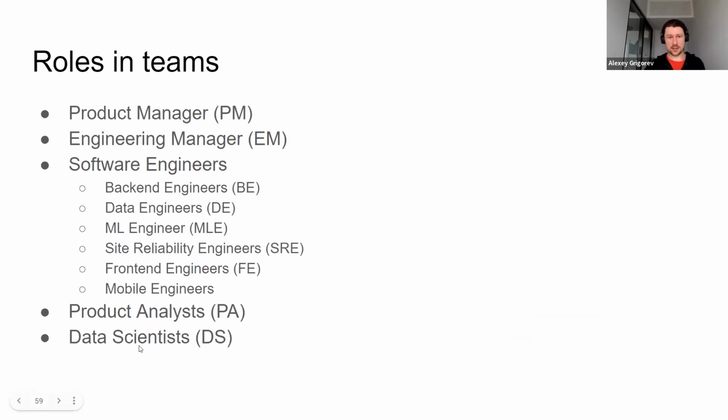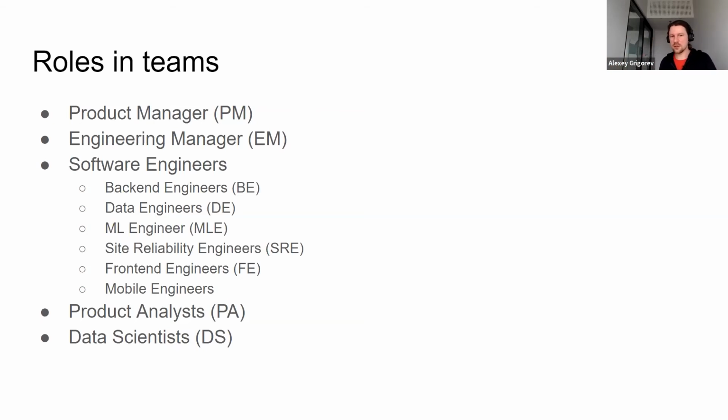Actually, I have data scientists here as the last ones, because they're by far not the most important people in the team, of course, but I started with them because we're talking about data science here. In my opinion, the most important person on the team is a product manager. They make sure that the team is working on solving the right problem. Sometimes engineers, data scientists, everyone, if you just let them do their things, will try to solve problems that do not exist, simply because these are the fun problems to solve, right? The job of a product manager is to make sure that this energy is well spent on problems that actually matter.